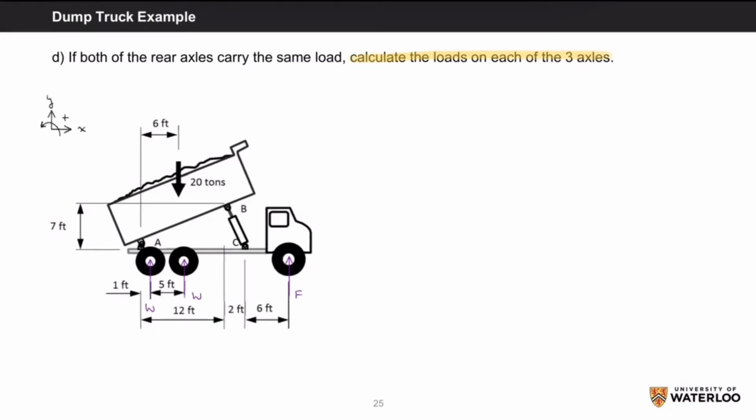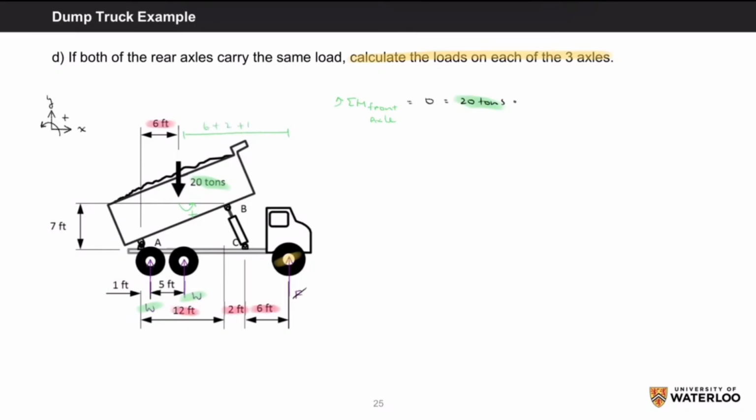I'll select the front axle as a turning point. So the sum of M about the front axle equals 0 will account for the 20-ton force and the two identical forces, W. We're neglecting F because we don't consider any forces that act directly on our turning point. Our equation is 0 equals 20 tons, which is being added since it will act in the positive counterclockwise direction, times its normal distance to the front axle of 14 feet, which is this 6 feet plus this 2 feet